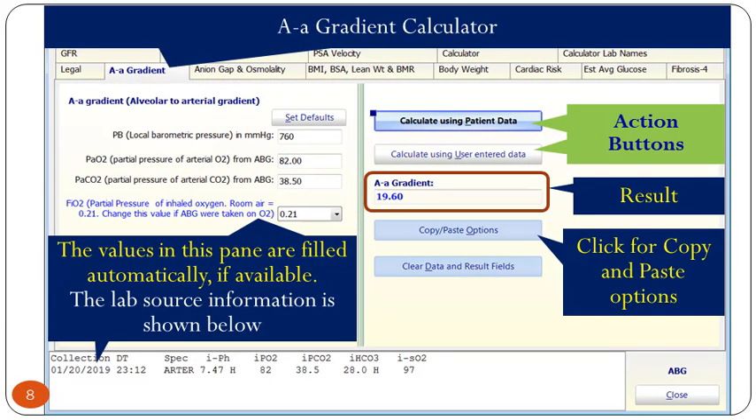This slide shows the medical calculators form. The user is on the AA gradient tab. The left pane shows the clinical data. On the right pane, the user can click on the Calculate Using Patient Data button. This automatically loads the clinical data for this calculator in the left pane, and displays the results. The user can change the entries in the left pane, and click on the Calculate Using User Entered Data button in the right pane. The results of the calculations, and the button for the copy and paste options, are shown in the right pane. The bottom panel shows the date of the lab data used for